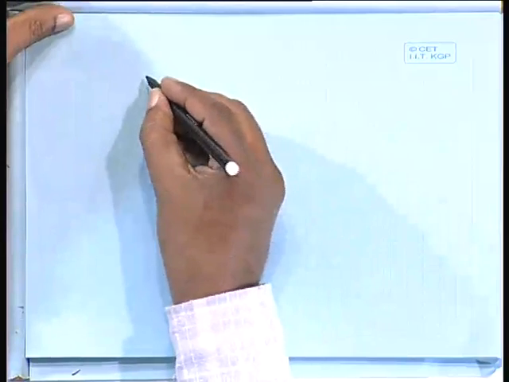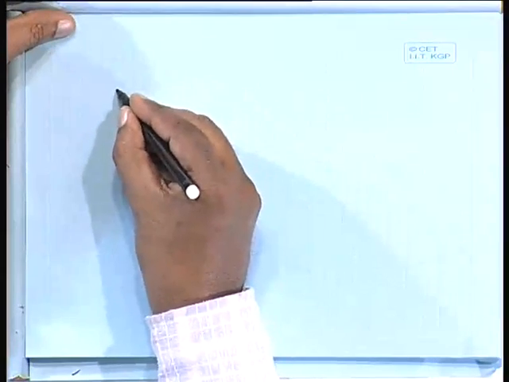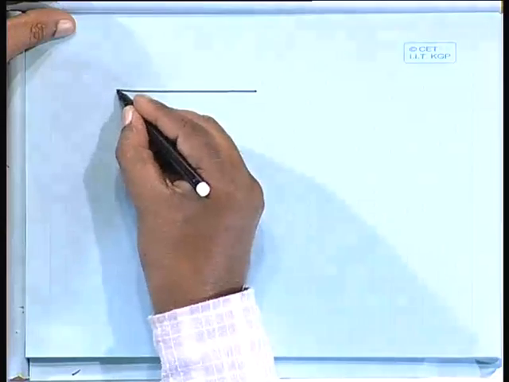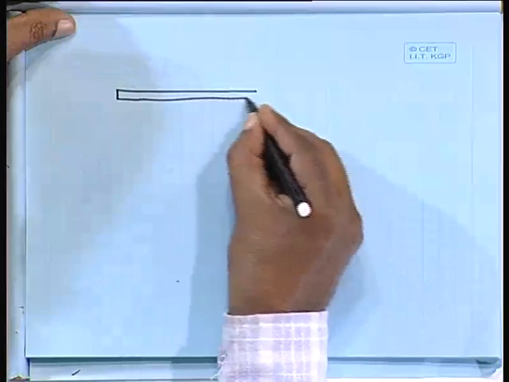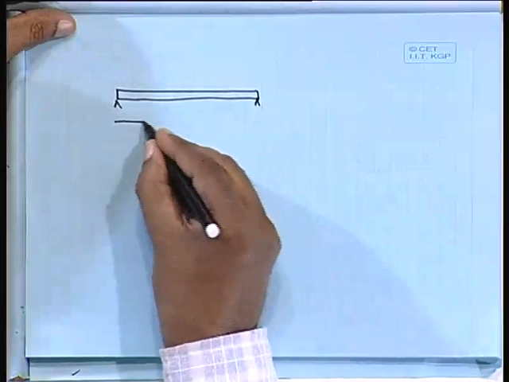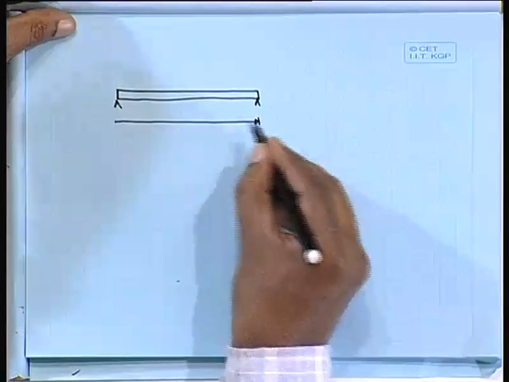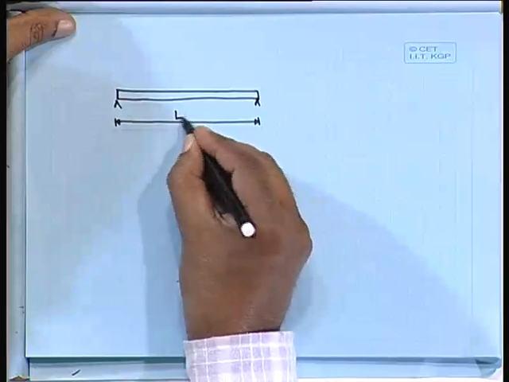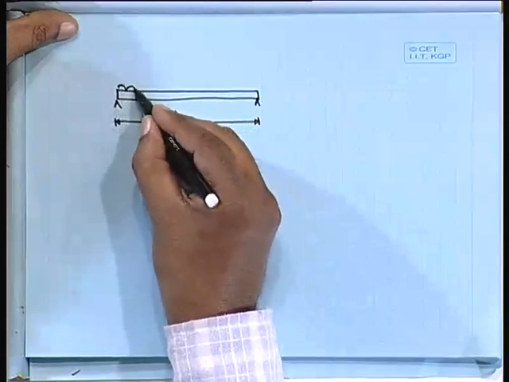Well, so today we shall learn how to calculate deflection of RC beams, reinforced concrete beams. The formula for calculation of deflection is very easy. If we take a simply supported beam of span L, with uniformly distributed load W,